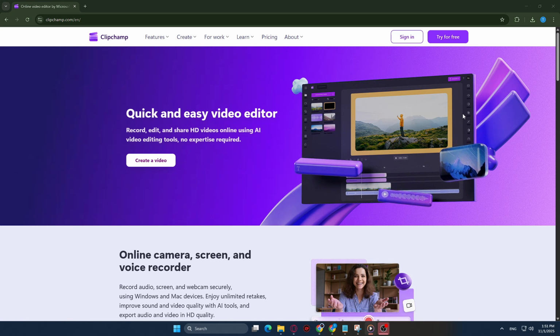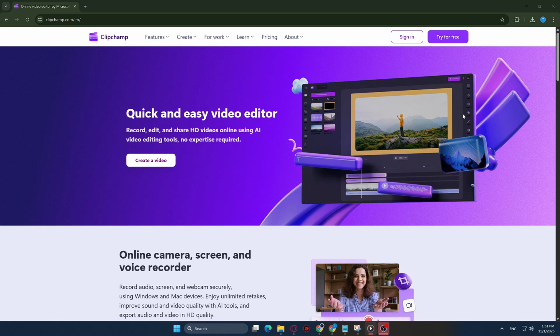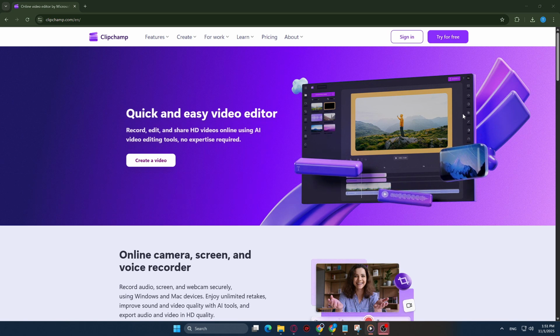First things first, you're going to want to head over to Clipchamp. It's a powerful online video editor that simplifies the editing process and helps you create professional-looking videos from the comfort of your web browser. All you need is a device with internet access. Fire up your preferred browser and type in the URL for Clipchamp. Once you're there, you'll see the homepage filled with plenty of tools and resources specially designed to make your editing